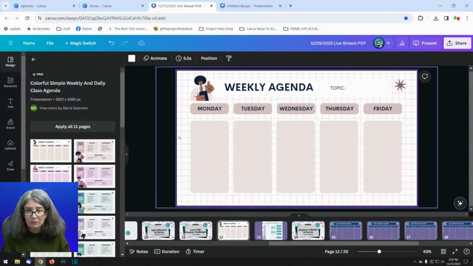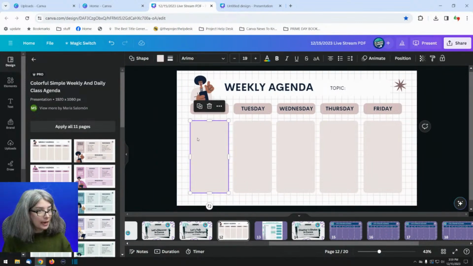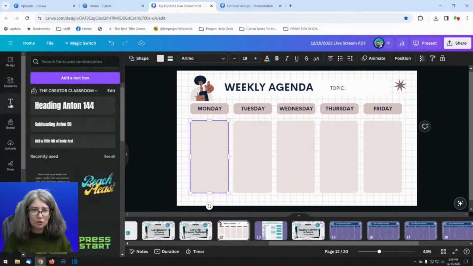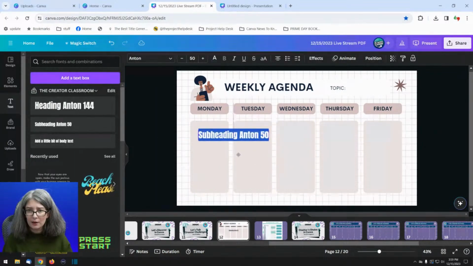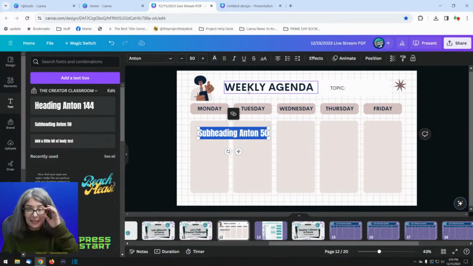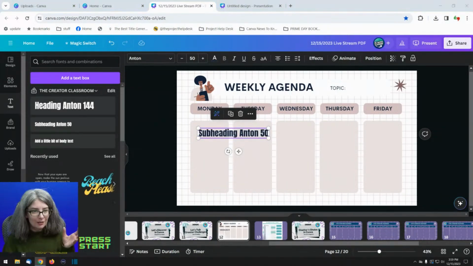And you can type T, even though it's writing it there. Let me just grab a text, right? And then you can write what you want to do Monday through Friday, or you could change it to a daily agenda or an hourly agenda or whatever works for you. Just do whatever works for you.